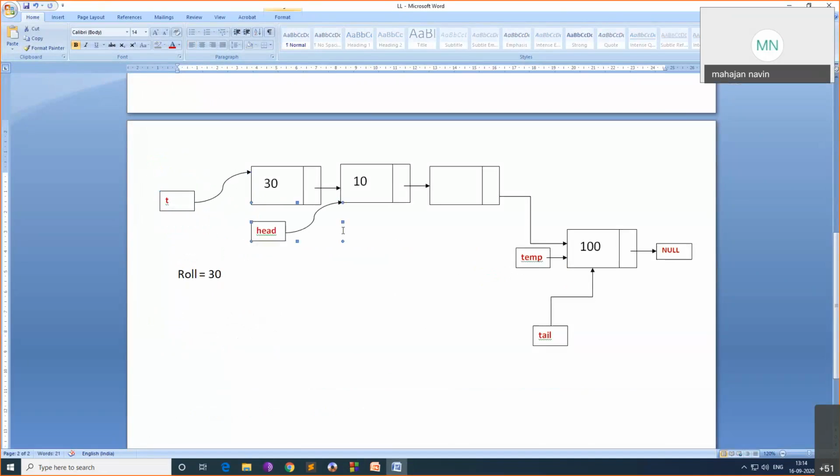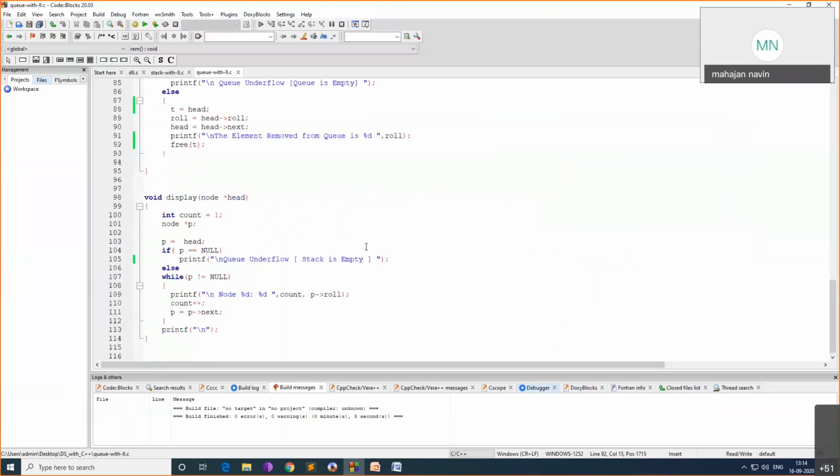Once I print this element, pop element is this much, I'll free t. Free t will remove these things. So head will point to the next node. And display is simple again. From head till it gets not null, we are going to print all elements.